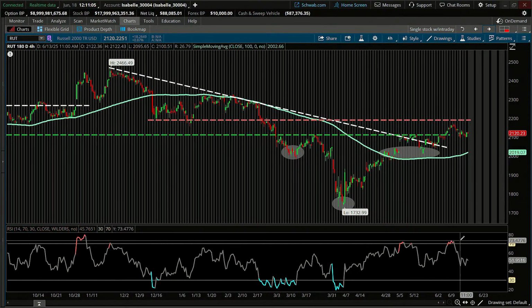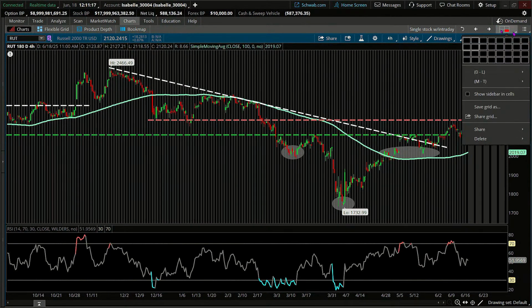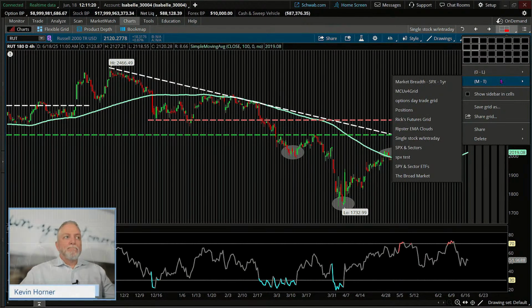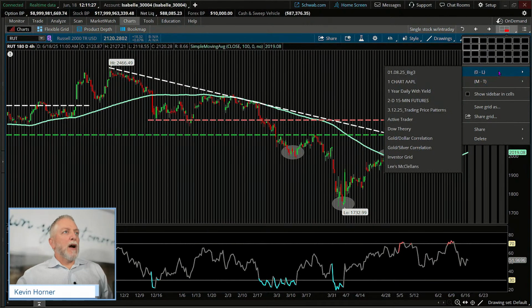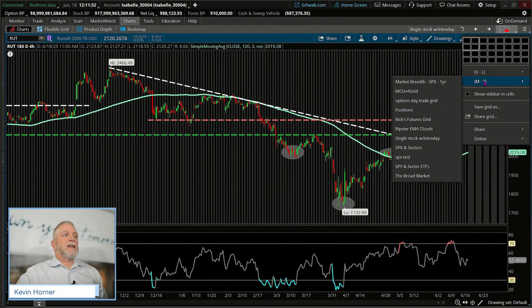But by no means is this really the only way to do it. And so I wanted to highlight a couple of cool ways to think about accessing this. The grid should offer you ways to view the market in a number of key details. So what we're going to do, and you'll see here, I've got two lists here, right? My letter number 0 through L, and then my letter M through letter T. This is just compartmentalizing my saved grids for me, making them easily available to me as I move forward.